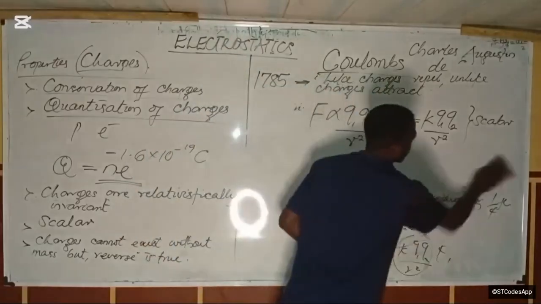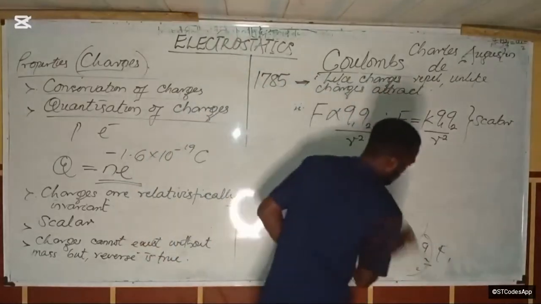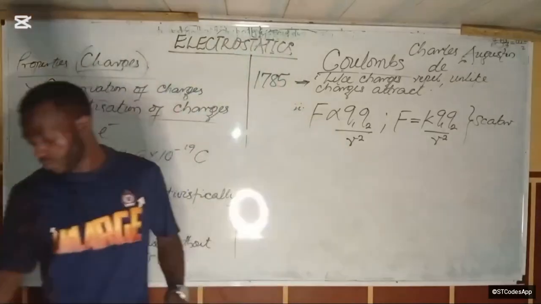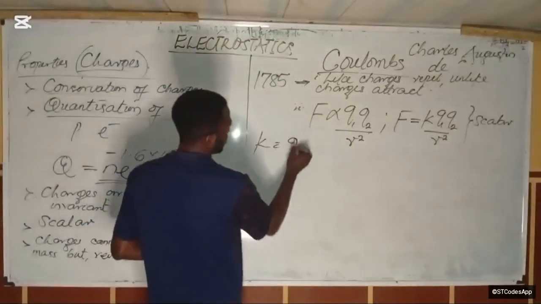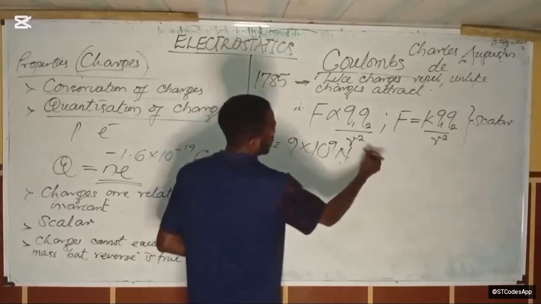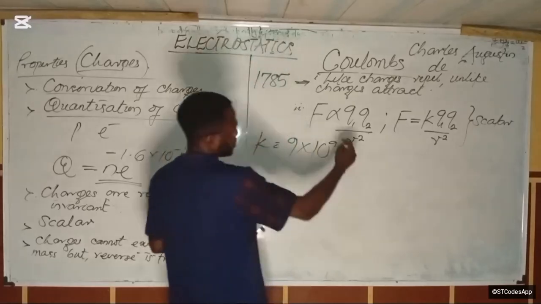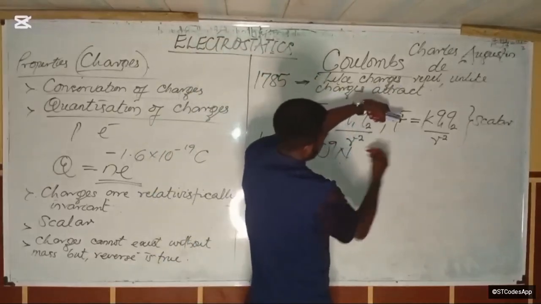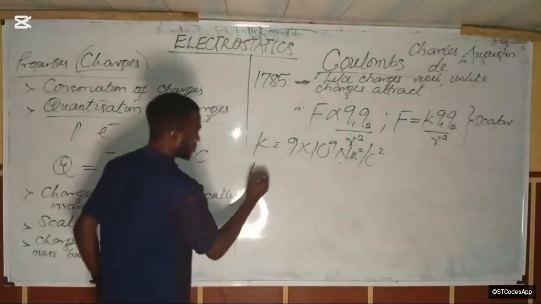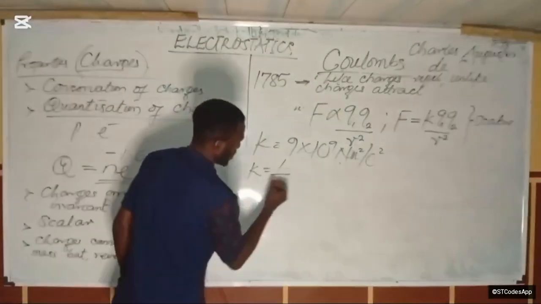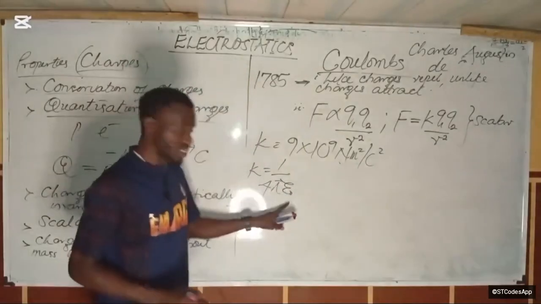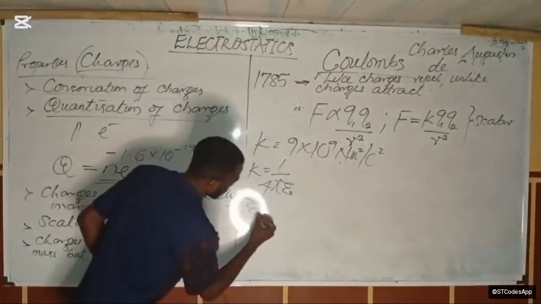Okay, so that's that. Let's get on to the scalar and vector notation of this. No, first let's discuss the constant of proportionality there. So there is the Coulomb constant, and they are of 2 types. First, this Coulomb constant K is given by 9 times 10⁹ Newton meters squared per Coulomb squared. Experimentally, it was discovered to be given by the formula 1 over 4 pi epsilon naught. Now, you see, epsilon naught here is the permittivity of free space.